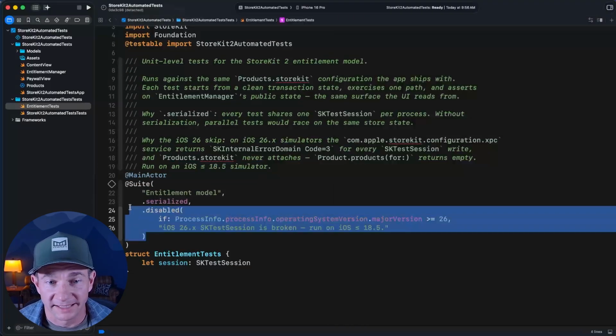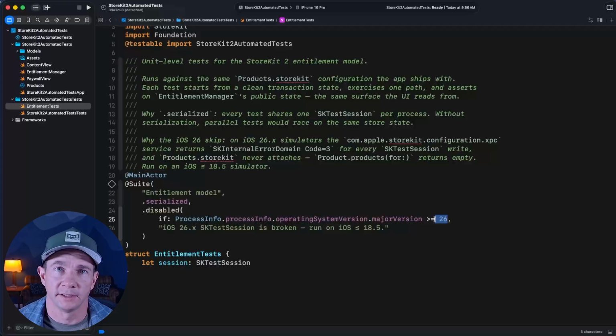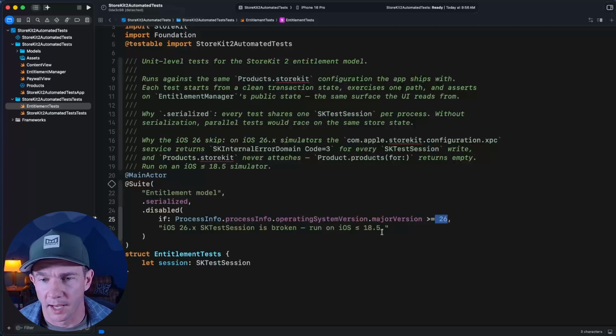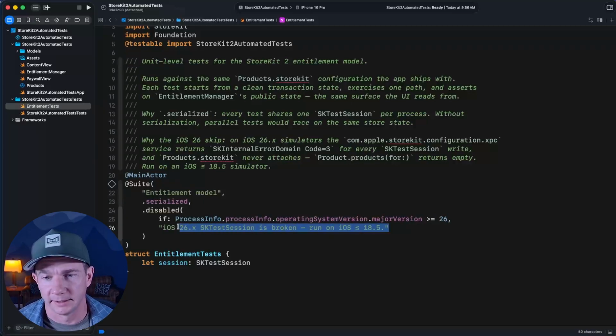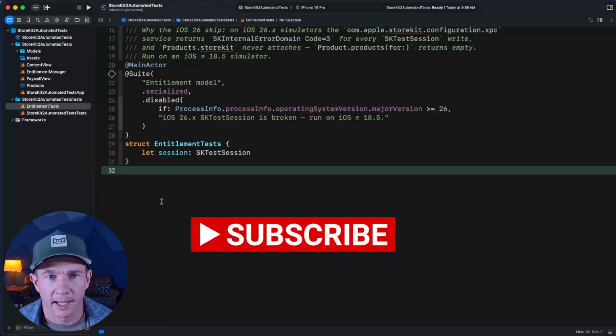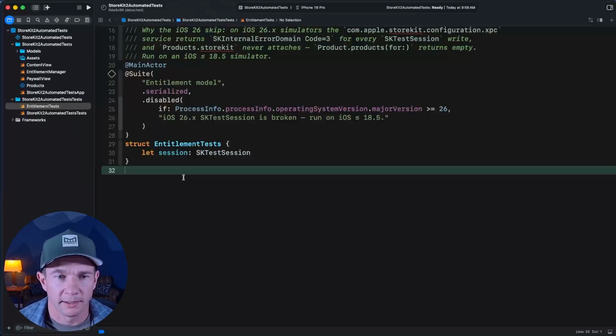You'll notice here that I've disabled these tests for anything in iOS 26. That's because Apple decided to ship some buggy code and it doesn't work on iOS 26. So we are demanding that we only test this on iOS 18, but we can revisit this later if Apple decides to fix their code. With that out of the way, let's go ahead and start our tests,